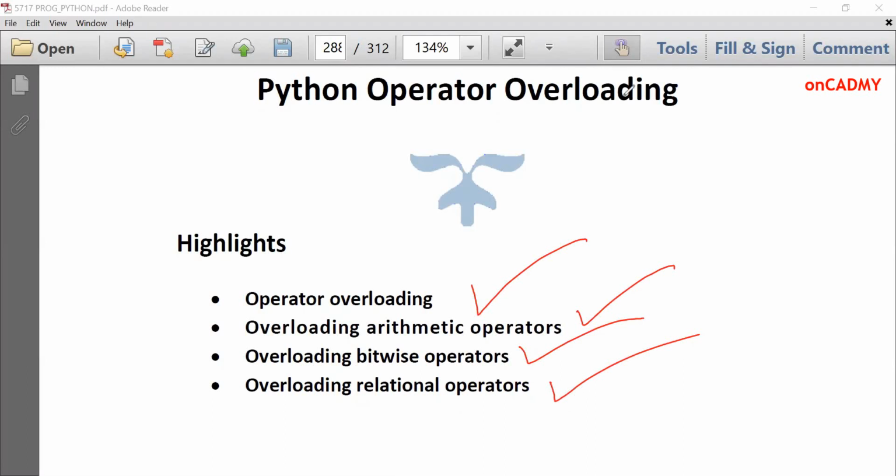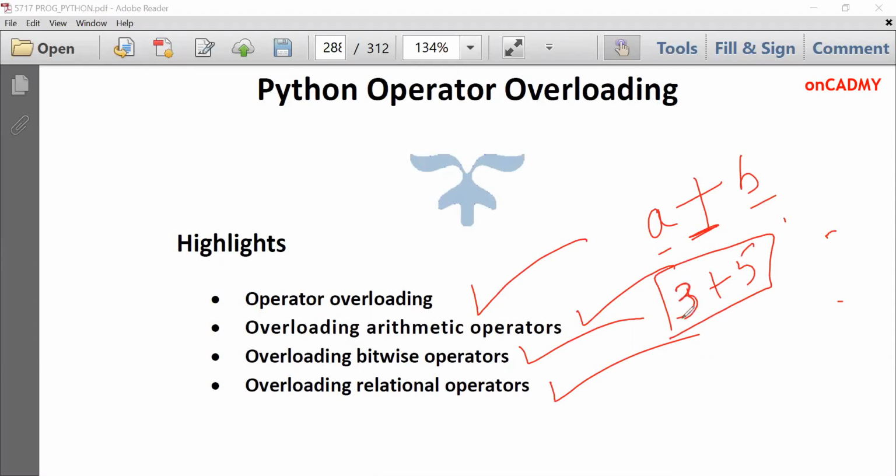All of them are binary operators. Binary means there are two operands and one operator. Like plus is a binary operator because it is used to add two variables or two constants. If we say, then this is called a binary operator. And overloading means when we use this plus, or we can say minus, to subtract two objects, then we can say this minus operator is overloaded now.